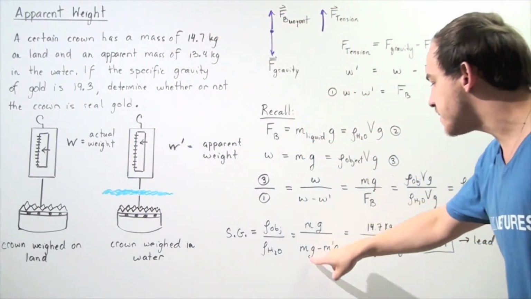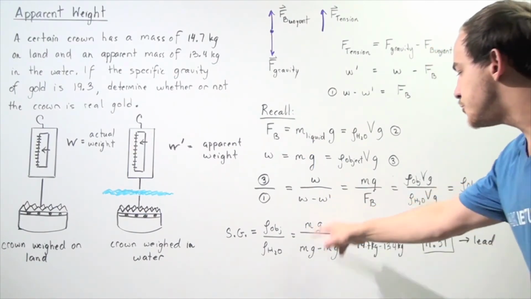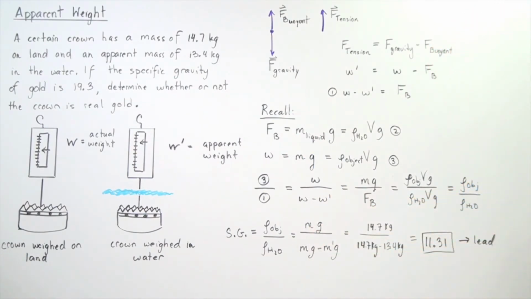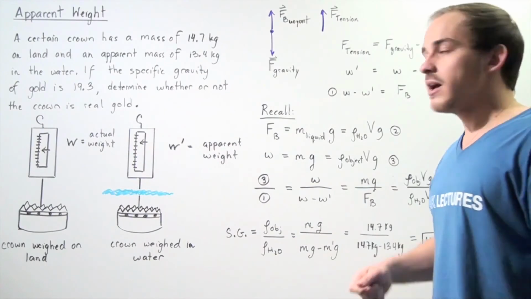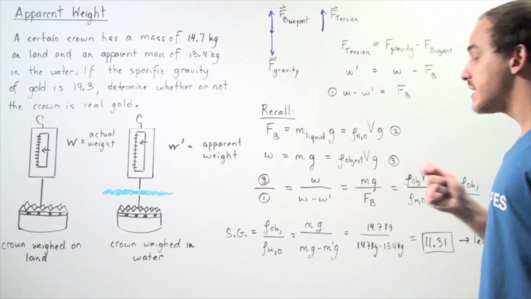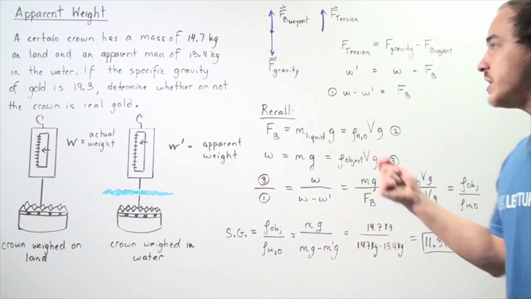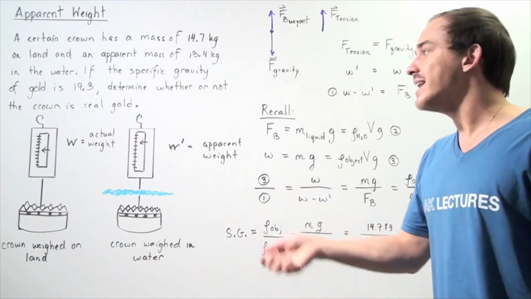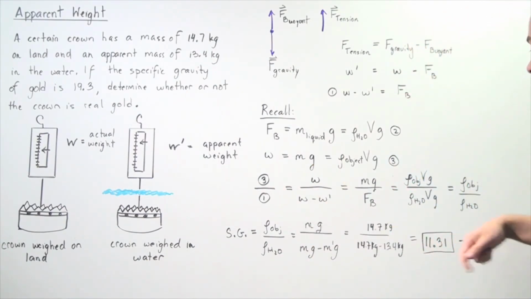So notice g's appear in each term, so the g's cancel out, and we're left with the actual mass of the object, divided by the difference between the actual mass of the object and the apparent mass of the object. So we have 14.7 kilograms divided by 14.7 kilograms minus 13.4 kilograms, and we get a ratio of